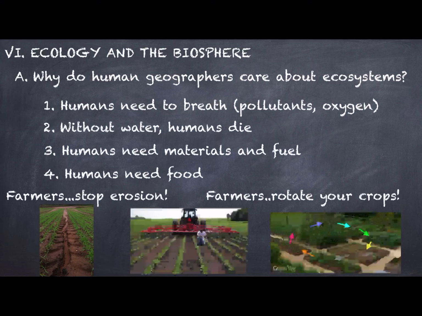Soil obviously contains tons of nutrients that we need in order to produce plants, okay? If farmers are not rotating their crops properly, well then obviously there's going to be a depletion of nutrients in that soil, and if they don't grow, we don't eat, okay? So these are just two good examples of how humans can definitely affect the biosphere, and then in turn, that affects sustainability, which is the theme of the day.